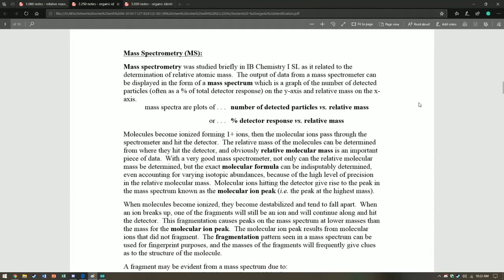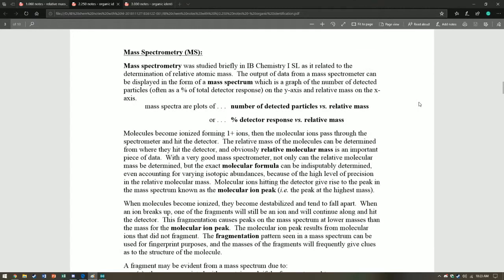Another way we can... now, that's all very well and good. We can take the relative atomic mass. However, what I think is more interesting is that when we say we had an organic compound and we don't know what it is, one way we can use mass spectrometry to help us is that we can ionize it and we can find the molecular mass of the compound. And modern computers are so good, they can actually get such a precise measurement that we can actually calculate the molecular formula